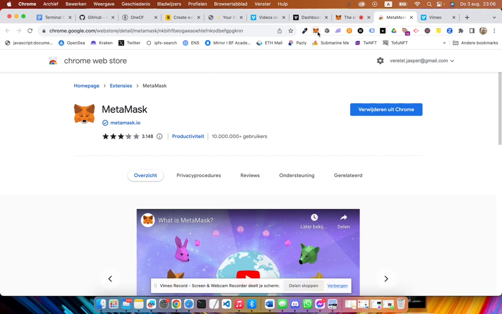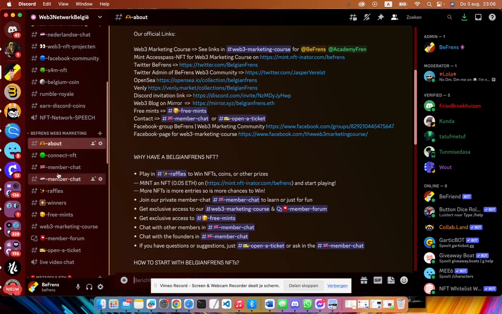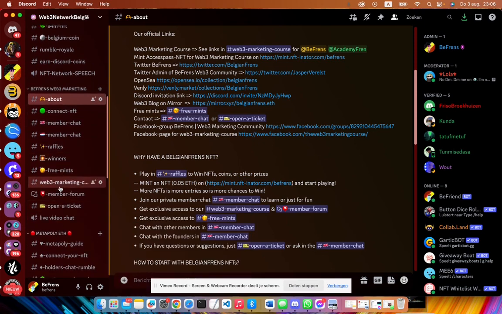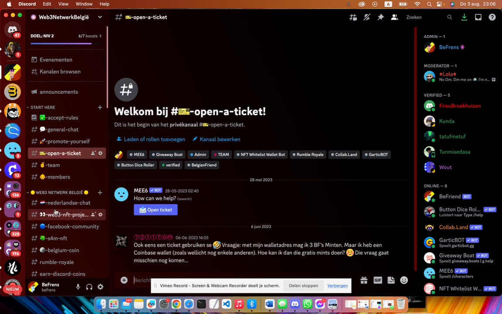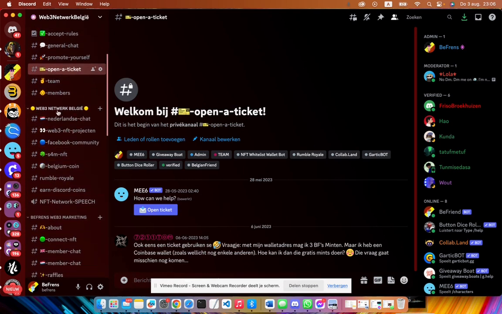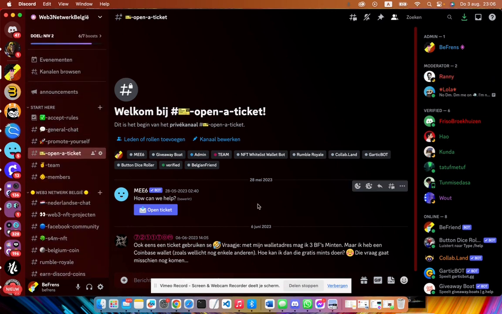And what you're going to see then, when your MetaMask is installed and when you follow the steps, read everything very carefully. If you have questions while installing, guys, you can always come to our Discord, in the chat, ask questions, but send me a ticket. Open a ticket, here even in the general or the start here section, just send us a ticket, because if you don't have a Belgian Friends NFT, you're not going to be able to enter here yet, right? So choose another chat that you can access, but never in that chat share your secret words.